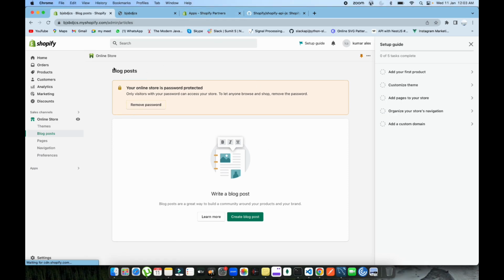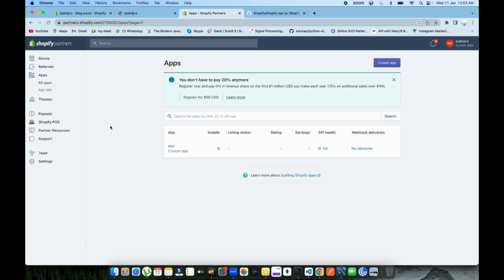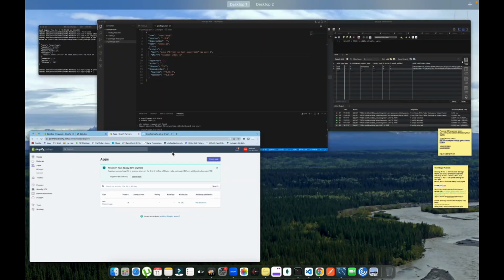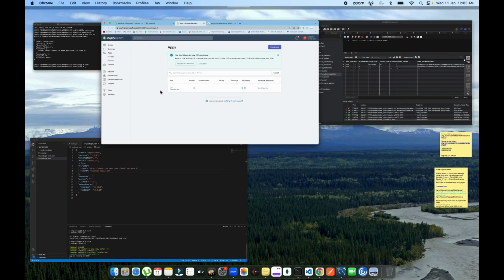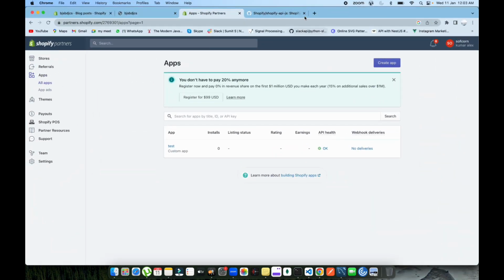Apart from this, there is one more thing over here. This is Shopify Partner. In this one you need to create your app if you want to use the Shopify Admin APIs, which means if you're creating an application, you will add the application credentials into your code, whatever stack you are using, whether Python, Node.js, Java, or any other. Shopify has options for all of these in their Shopify Admin API documentation,